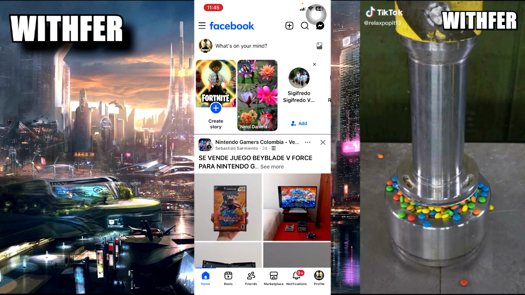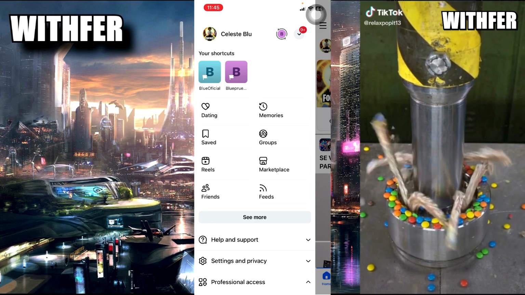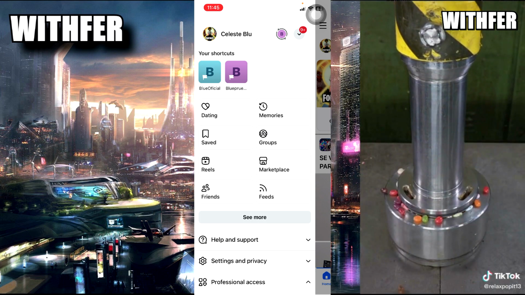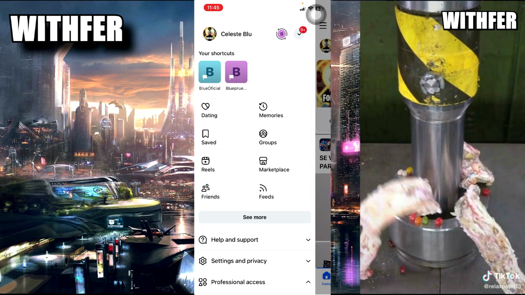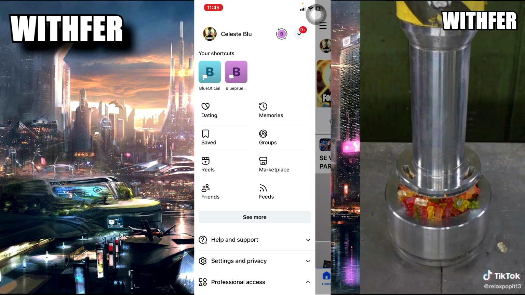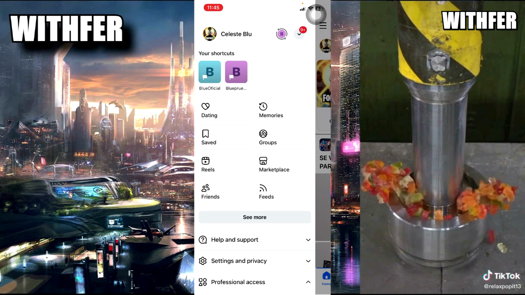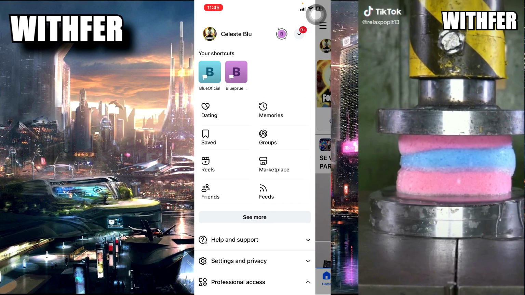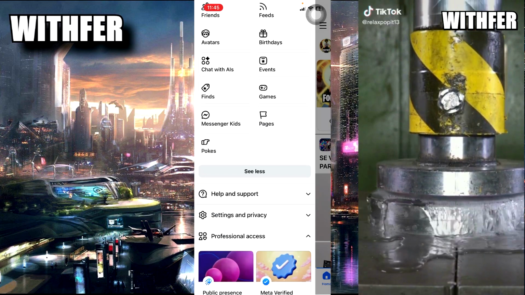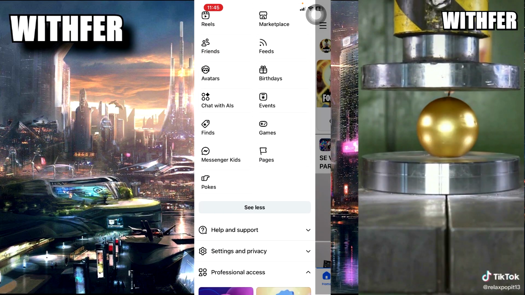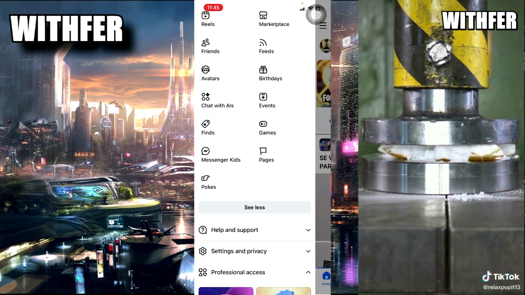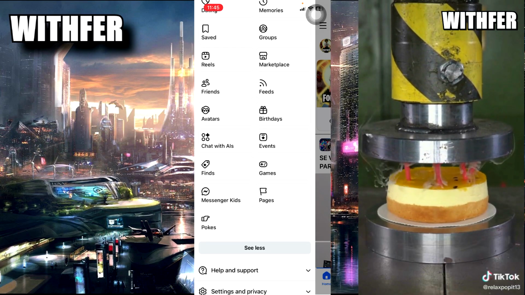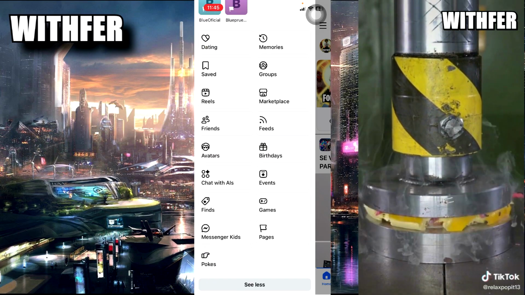In the corner you can see three lines, okay? Touch here, and now my first option is dating, okay? But I used this function recently. If you never opened dating, you don't see dating here. Maybe you'll see it when you see pages or groups, maybe you have dating there, okay? Find it here. Remember, you can touch see more or see less, okay?